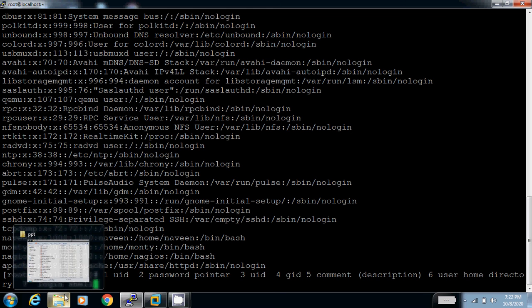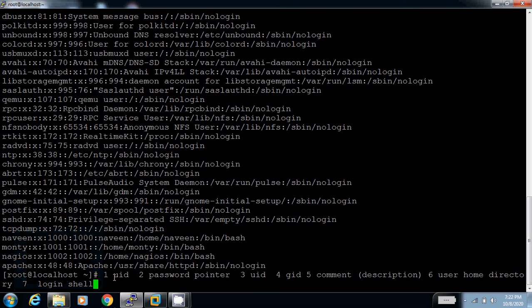Now there are 7 fields: first is username, second is password pointer, third is UID, fourth is GID, fifth is user description, sixth is user home directory location, and seventh is login shell.